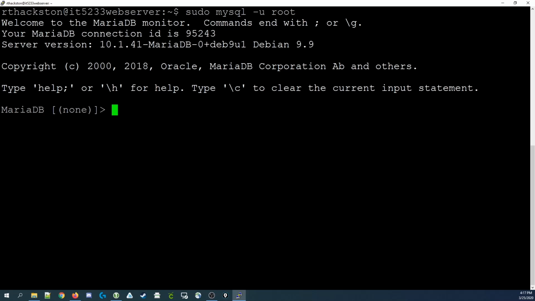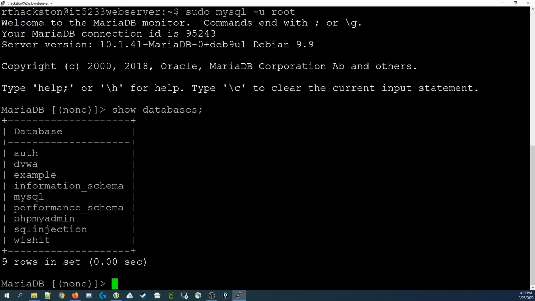So here in the MySQL command prompt, which I've opened up following the instructions from video number 30, I'm going to show a list of the databases, and we can do that by typing show databases followed by a semicolon to end the command. Once I type that and press enter, it shows me a list of the databases that are stored in the